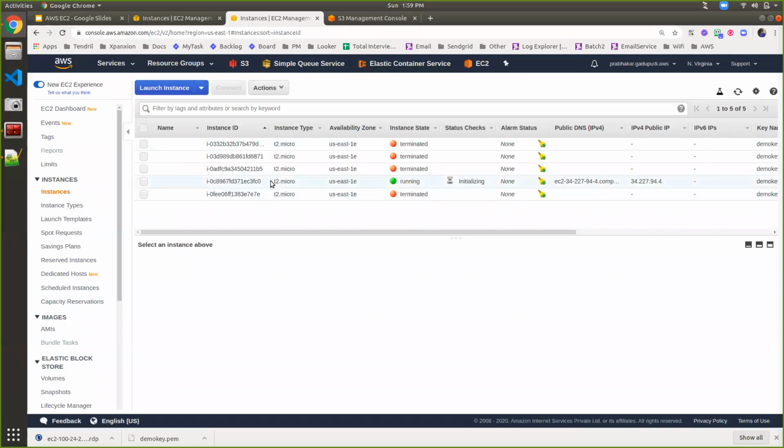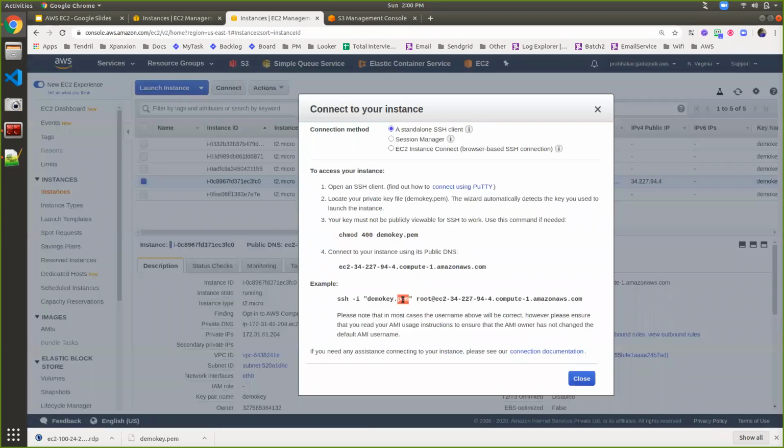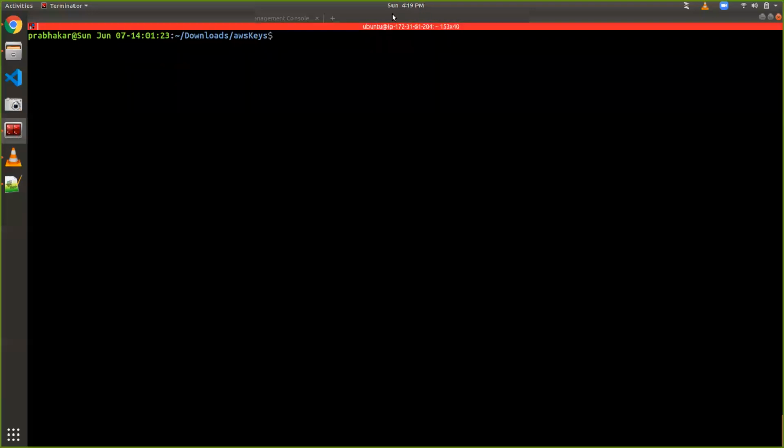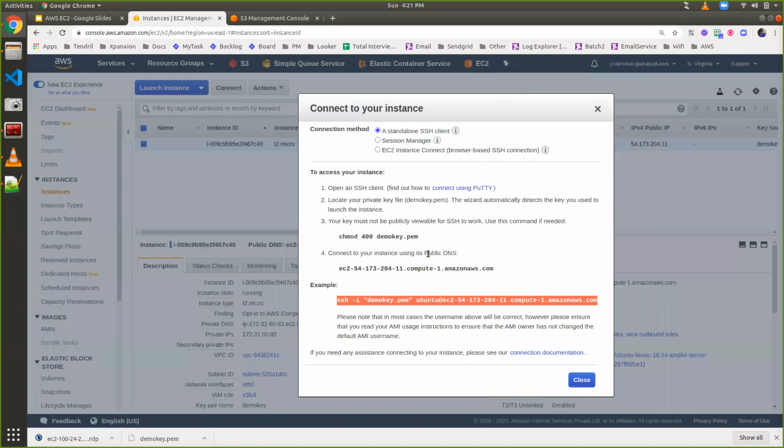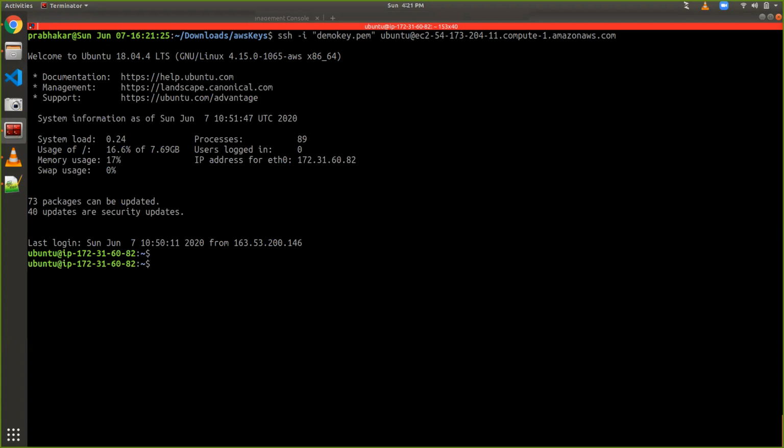Now my instance is up and running, so I can go here and connect using the SSH public key. Copy this command, go back to the terminal, and access the instance. Now I haven't configured any CLI or credentials here.